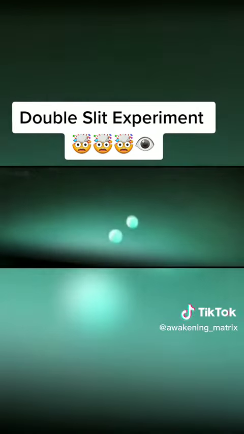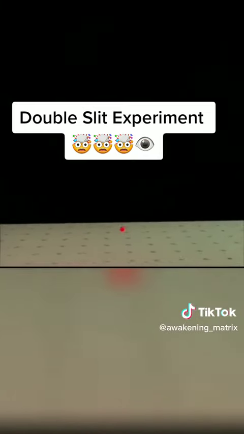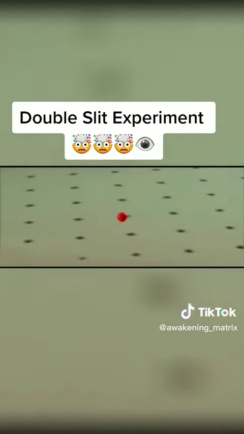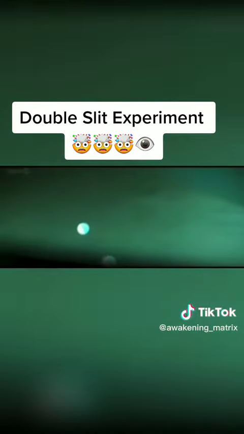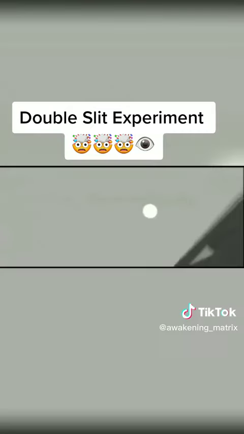There was one assumption that perhaps light and the others were particles, and that somehow the particles bumped into each other and flew apart. So, to test this, physicists decided to shoot electrons at the target one by one, single file. And what do you think happened? The strangest thing imaginable. The interference pattern still appeared on the screen. It seemed that the single electrons somehow divided into two waves, passed through both slits, then interfered with themselves.